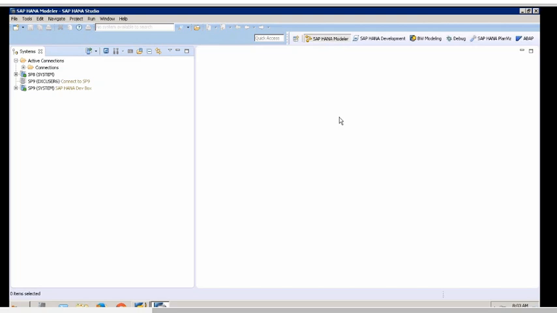If I log into HANA Studio for working on BW specific where I want to create an advanced DSO or OpenODS view, or a composite provider specific to BW, then I will have a different kind of activities that I need to do. If I log in as an ABAPer, I need to work on HANA specific ABAP, then I'll have a different kind of activities to do.